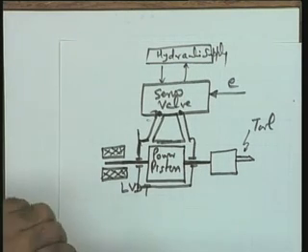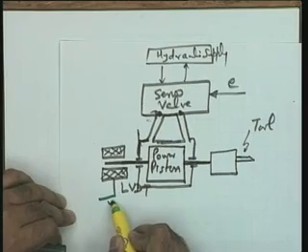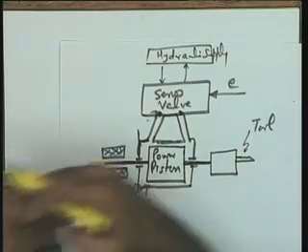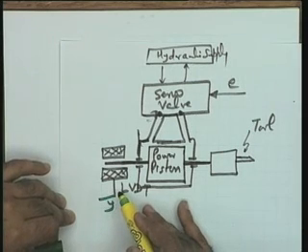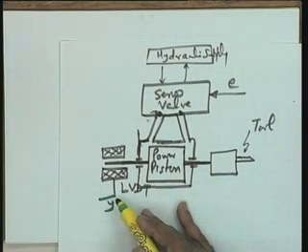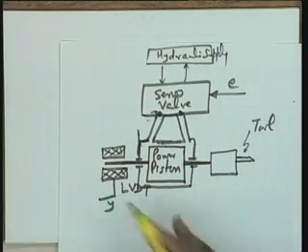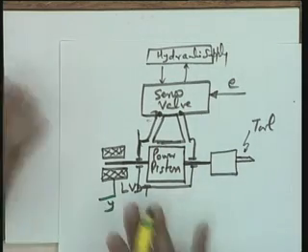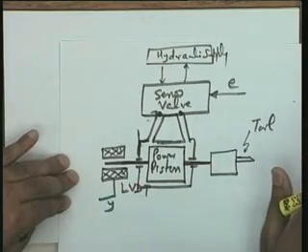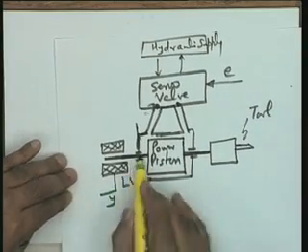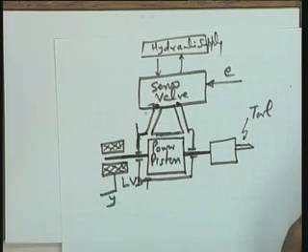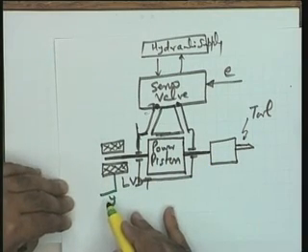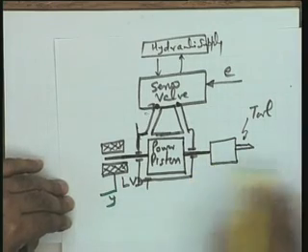LVDT is a device which gives you an electrical signal, an electrical voltage proportional to the linear motion of its core. You will see in your notes that we have discussed this device. The output of this device, if you recall, is a modulated signal. We can use an appropriate demodulator so that the envelope is extracted. I am assuming that appropriate signal conditioning has been done, and I have an electrical signal which is proportional to the movement of the power piston, which is the core of this particular LVDT. So, I have an electrical signal here now which is proportional to the tool movement.